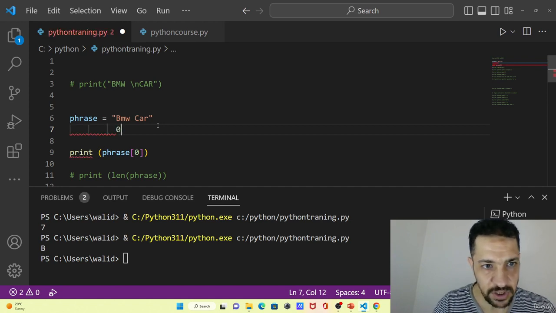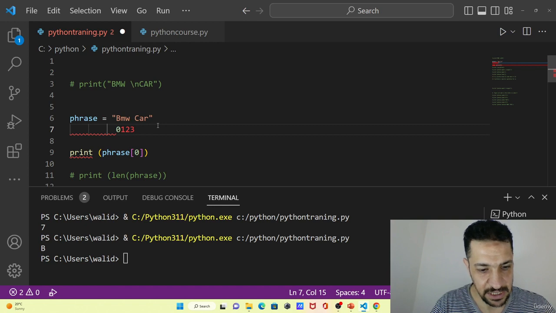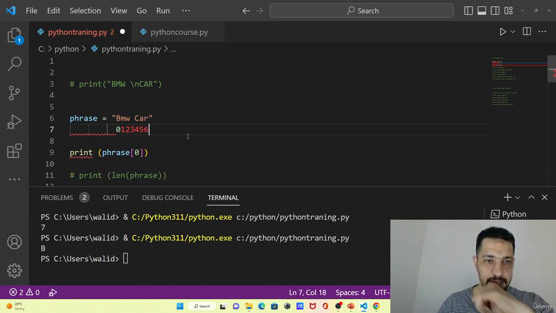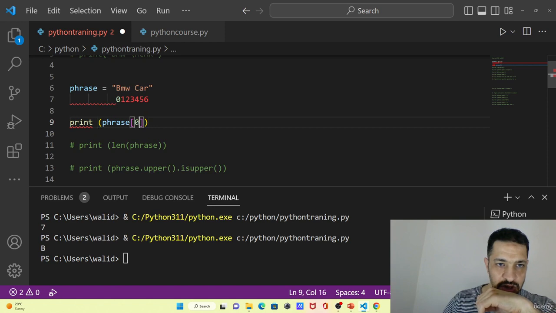B is 0, M is 1, W is 2, the space is 3, C is 4, A is 5, R is 6, right? Exactly. So let's change this index, and I put the last one,